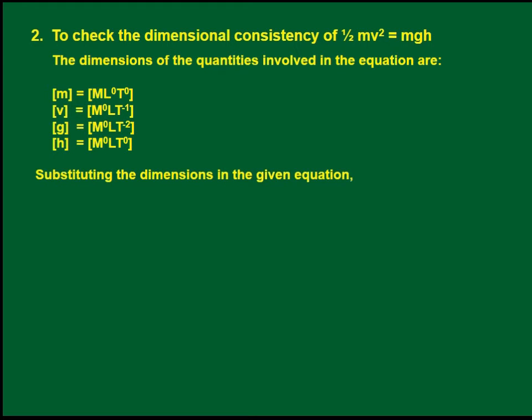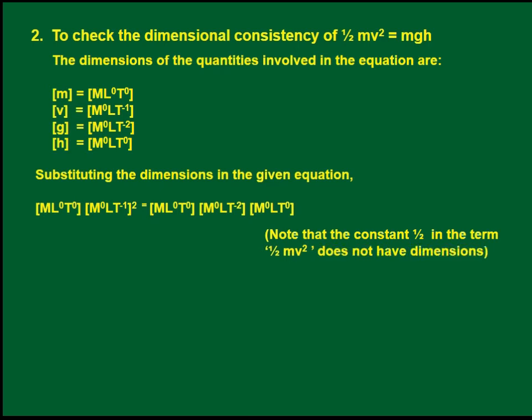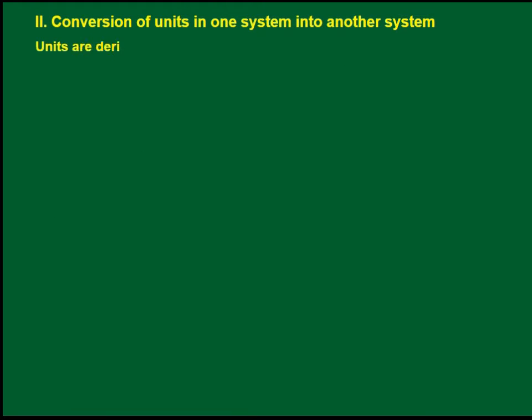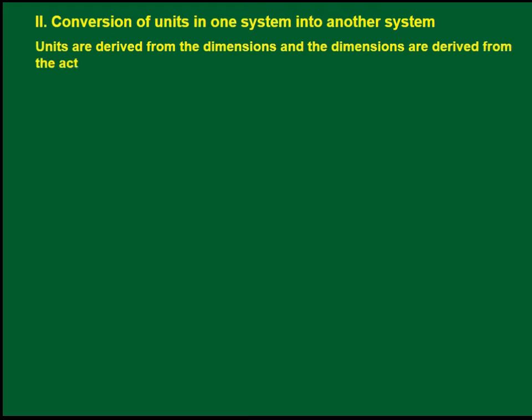Conversion of one unit system into another unit system. So units are derived from the dimension, and the dimensions are derived from the actual formula of the physical quantities. If the dimensions are known for a physical quantity, then it is easy to express it in FPS, CGS, MKS, or any new unit system. Now, in this case, you have to use one formula that is called n1 u1 is equal to n2 u2. u1 is the dimension of the quantity in the first unit system, and u2 is the dimension of the quantity in the second